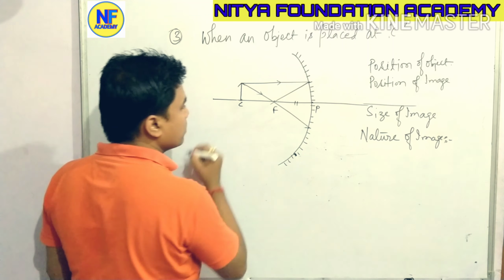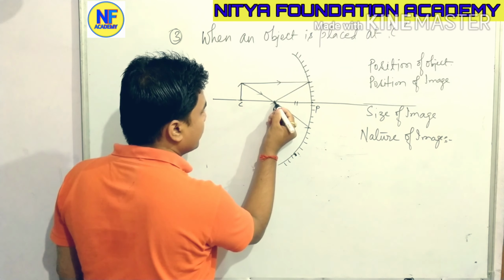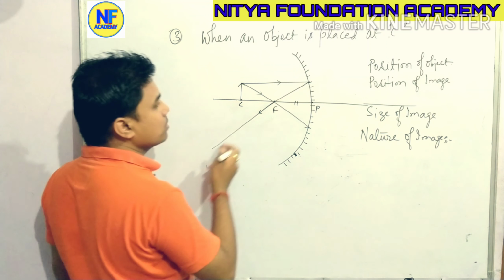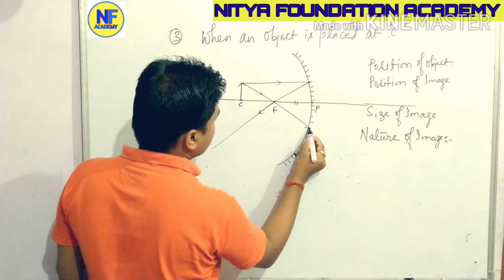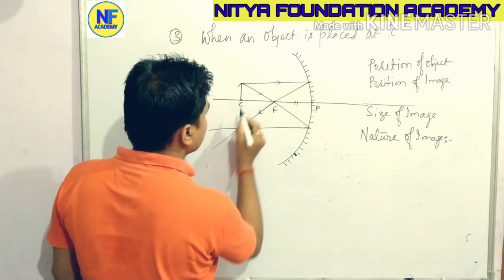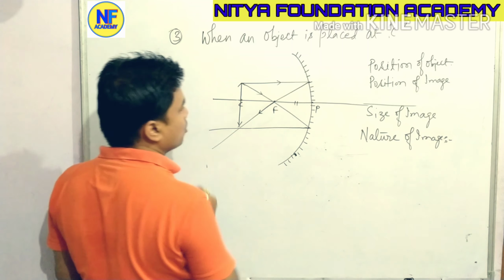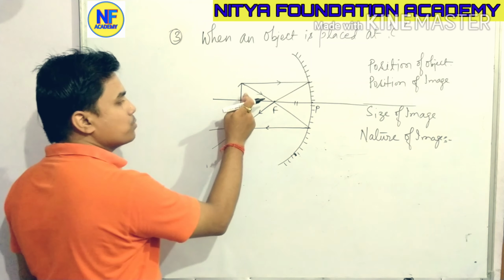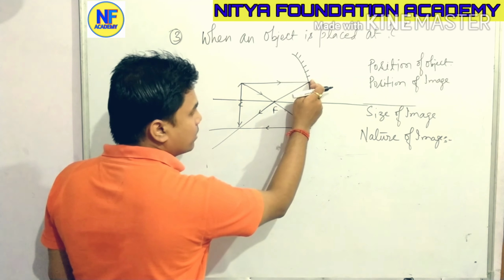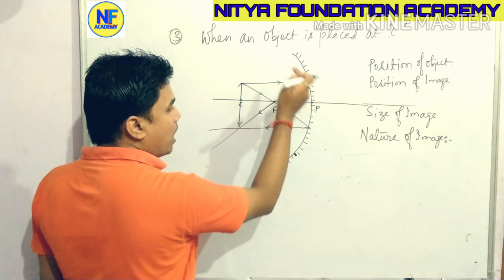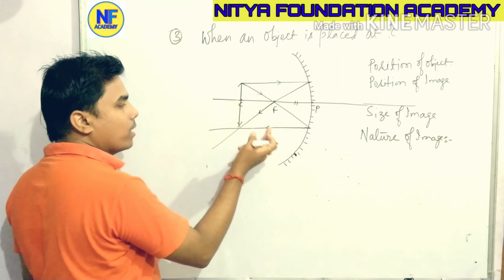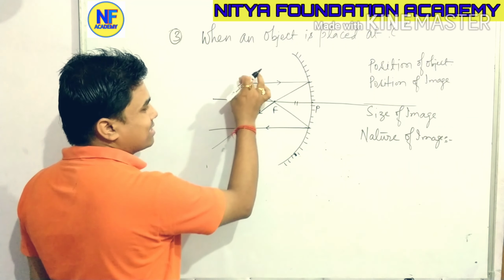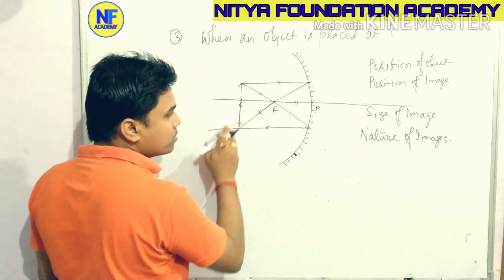When you use a ruler to form this image, you will be able to form an erect and straight image. So you can see here that this is the reflected ray, and after reflection this will make an image that is at the same point as this object. When an object is placed at C, an incident ray moving parallel to the principal axis, after reflection moves through the focus, and when another ray moving through the focus, after reflection moves parallel to the principal axis. So the size of object and the size of image are much similar.